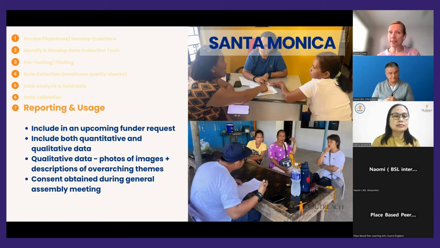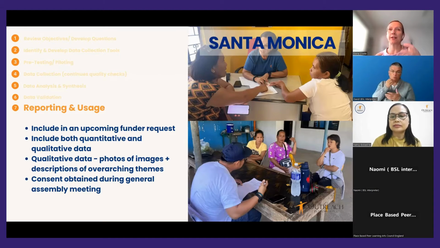In addition to the qualitative data, as I mentioned earlier, Agnes and the group also wanted quantitative data. And so now they had two sets of data, and that was ready for them to then include in a funding proposal, which they then included into a report and which they have submitted in the meanwhile to a funder for potentially funding their food program.